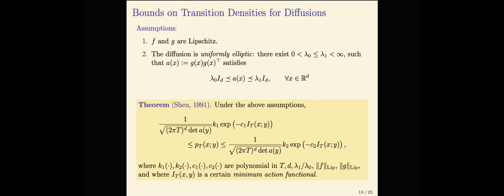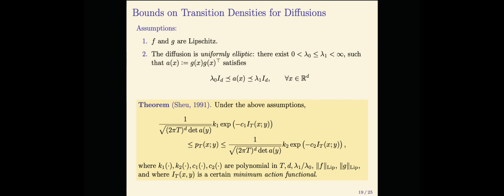So the assumptions are that both f and g are Lipschitz. Let's suppose your f is like a hyperbolic tangent, so it's Lipschitz, and g is, let's say, constant, and that will hold. But you also demand the diffusion to be what's called uniformly elliptic, meaning that if I take g and form this matrix GG transpose, which you can think of as a local covariance matrix for the diffusion process,